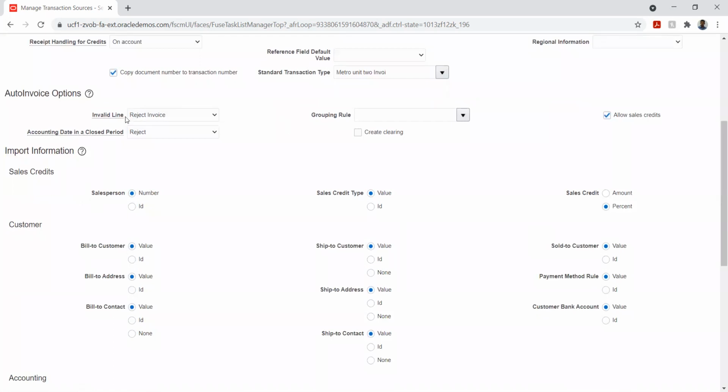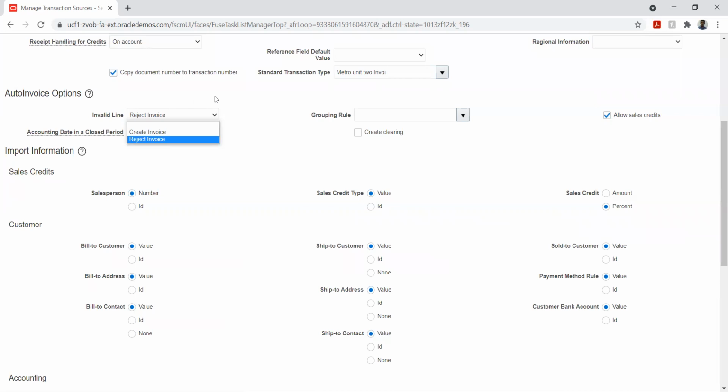When there is an invalid line, how do we want to handle this? Whether we want to reject it, or we remove this one line which is causing the exception and create the invoice. We can plan it accordingly. But if we reject this one line and create a new invoice, and the core application reprocesses the rejected line, it will be created as a separate invoice, but it will not come as part of the original invoice. We should make sure of that.